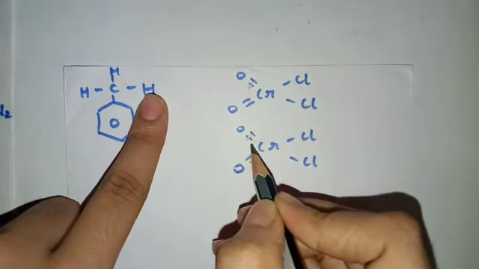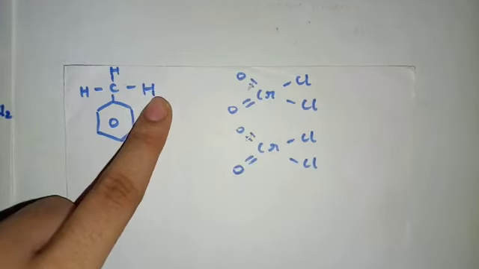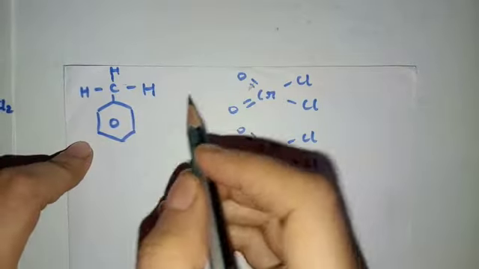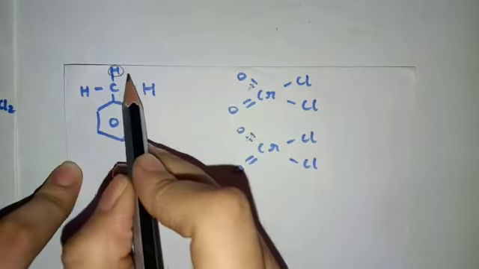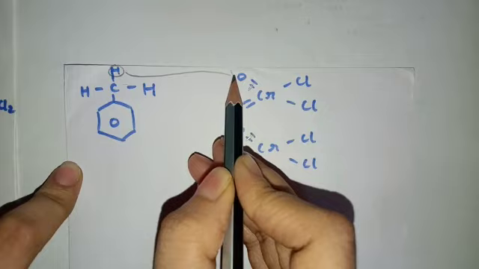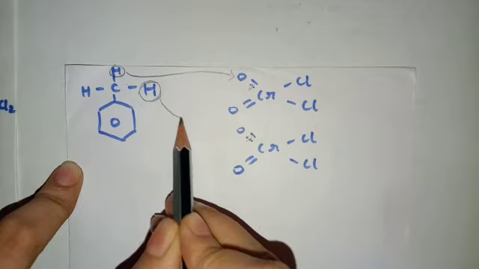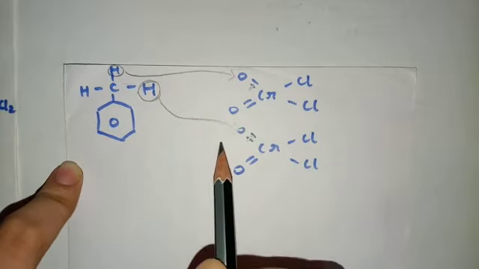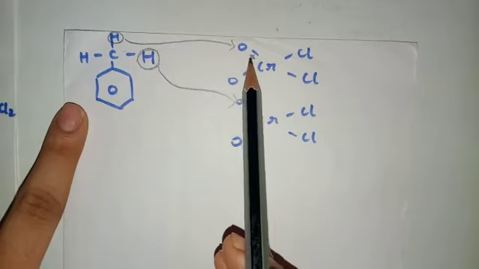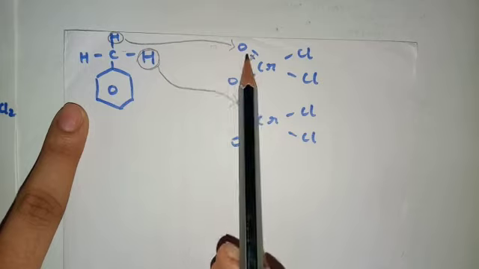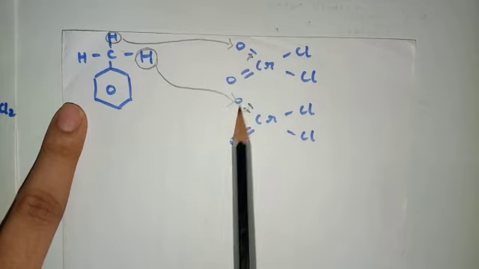Because of this, the valency of oxygen becomes less by 1. Now what happens? One hydrogen atom from here will go and attach on this oxygen atom. Similarly, the other hydrogen will go and attach on this oxygen atom. So I had a double bond O, and we'll break this double bond, the first double bond with the first oxygen. This hydrogen will go and attach over here, so this will become OH basically.